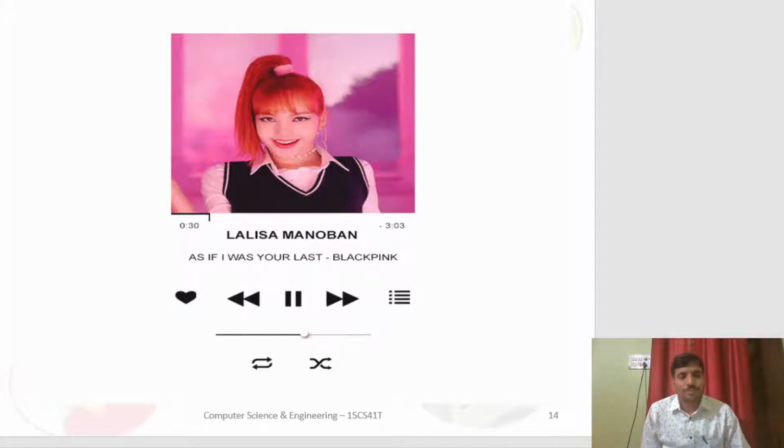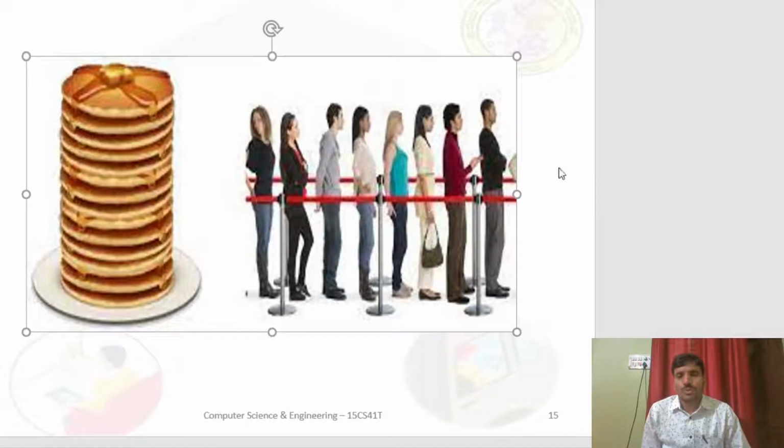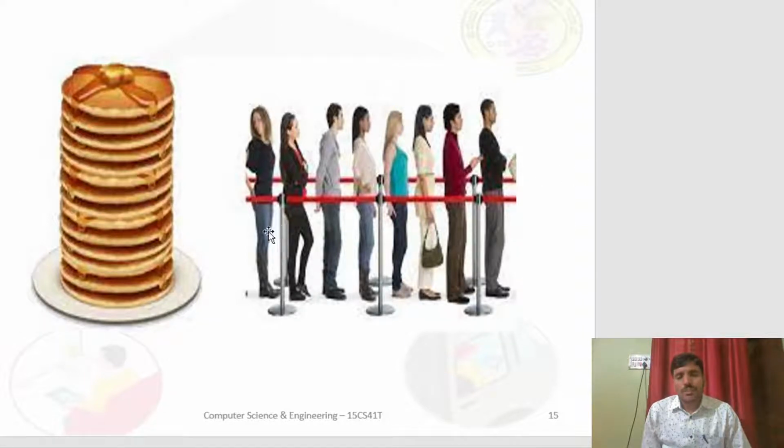Okay, students. So in our life, many of the times we face this. We need to stand in a queue. It may be in a bank or in ATM or in college or in hospital. Many of the times in our life, we face this situation. So what happens exactly here? The person who comes first will be served at the counter, and the person who comes last will be served last.